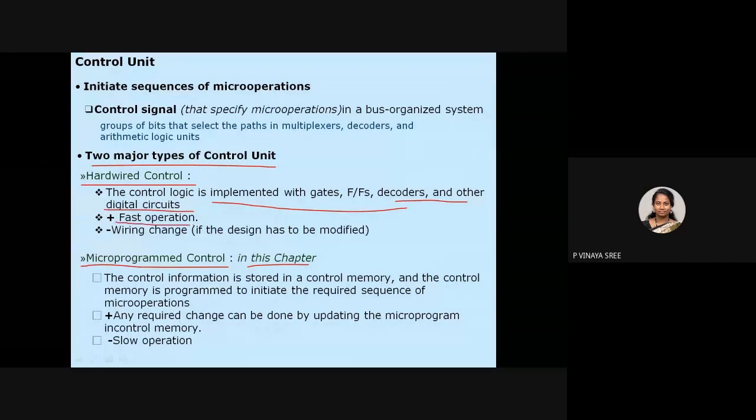The operations are fast, but the only problem is that if the design has to be modified, it is very complicated. All the wires, inputs and outputs, have to be modified. In such a case, hardwired is not preferable. So we go for the microprogrammed control unit, where you write a program, and those programs are stored, maximum of the time, in read-only memory.